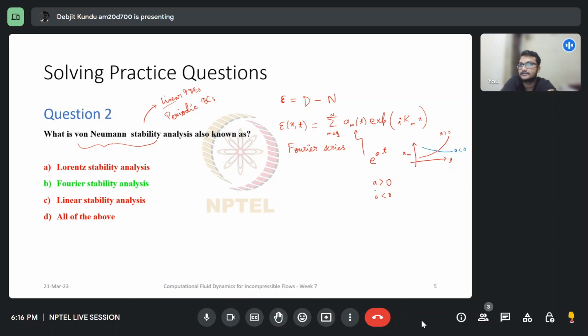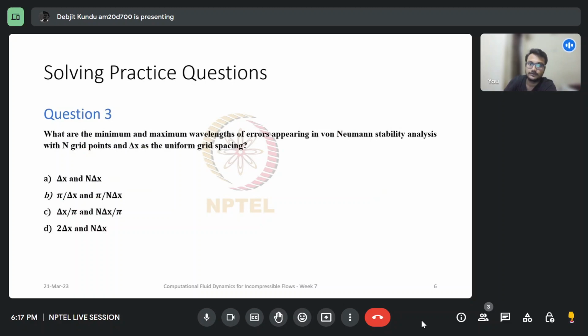So as far as stability is concerned, we can analyze the stability through these steps. And since the error is expanded into its Fourier series, therefore, this technique is also known as the Fourier stability analysis. Right? Okay. So moving on, we'll move on to question number 3 of today's session, which is asking us what